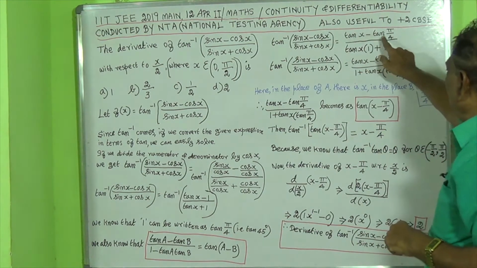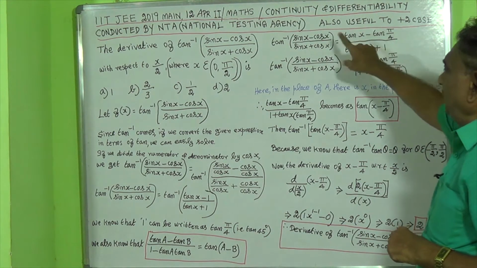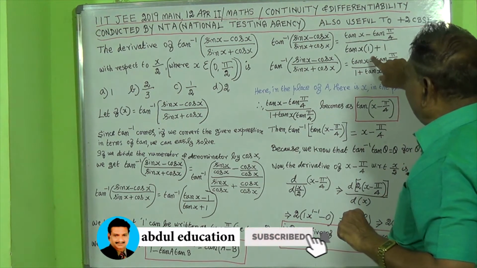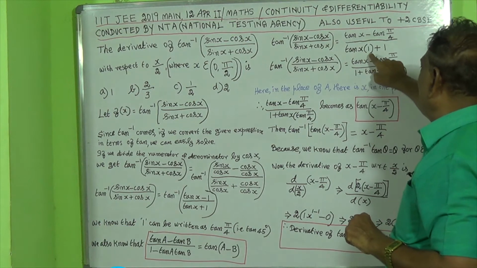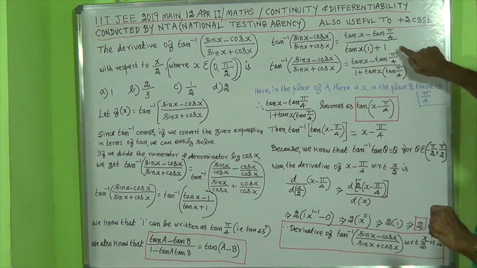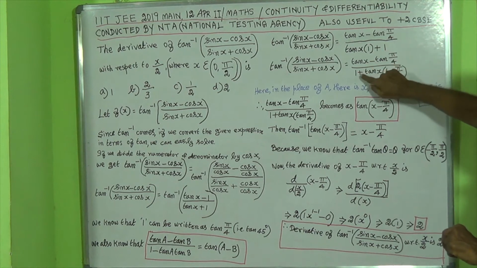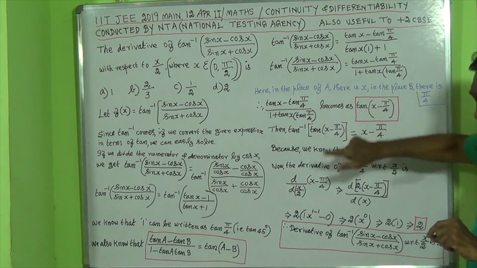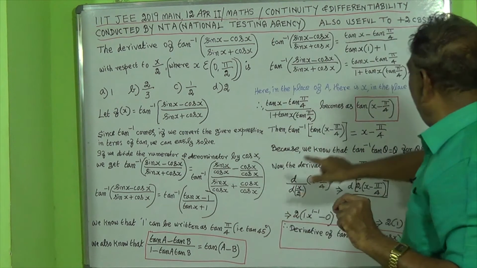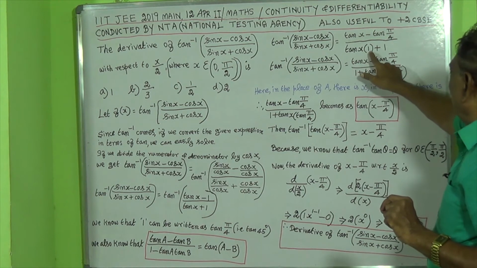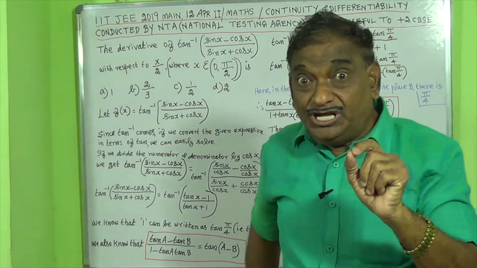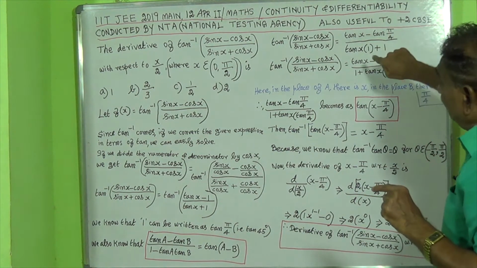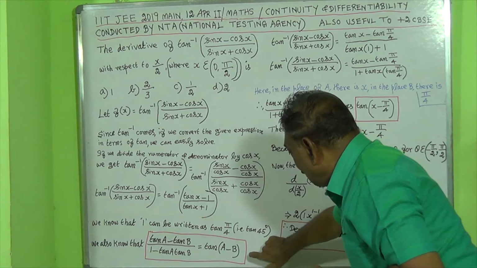So if we substitute tan pi by 4 in the numerator, we will get tan x minus tan pi by 4. In the denominator, we will get 1 plus tan x into 1. We are maintaining this 1 as it is, and we are also changing that term in the denominator, so that we will get 1 plus tan x into 1. Then the 1 is substituted as tan pi by 4. Now we are getting the format of this formula.